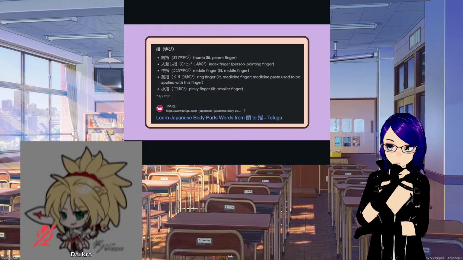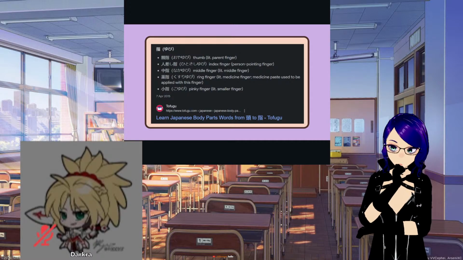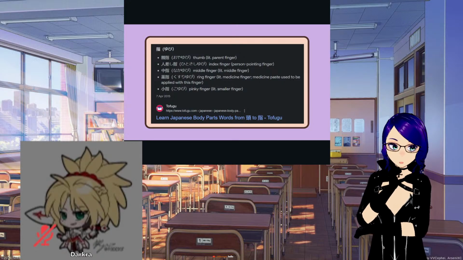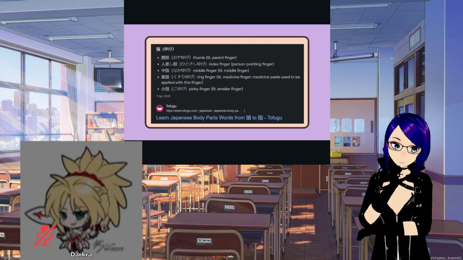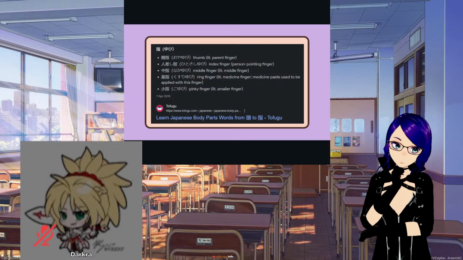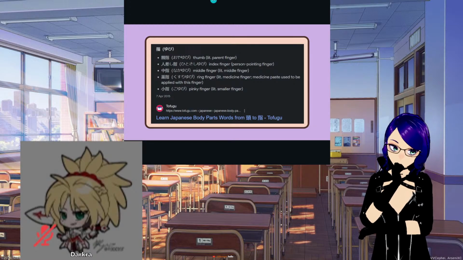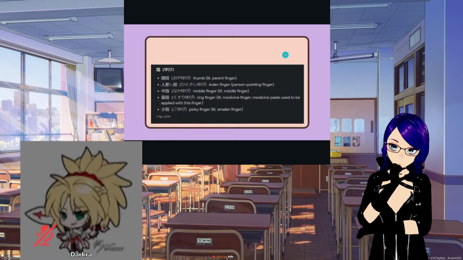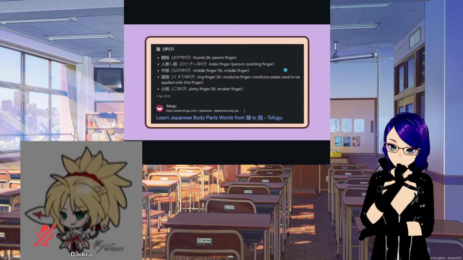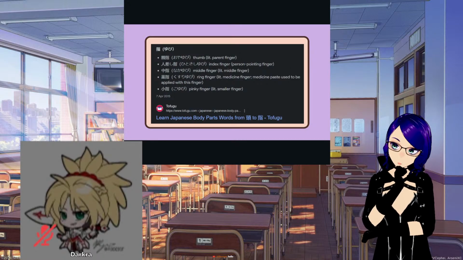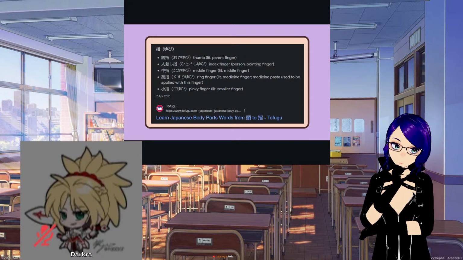And then the next one, which we call the index finger, is a person pointing finger, which is not very different from English. It's known as the pointer finger. And this is hitosashi yubi. So hito, person, sashi, point, yubi, finger. So hitosashi yubi, that's the pointer finger. And then now the one that Kaneki very politely showed us over here in this picture, right? Our middle finger over here literally is the middle finger. So middle over here as in naka. Naka can also mean inside or something, but naka in this case means middle. So middle finger, naka yubi.